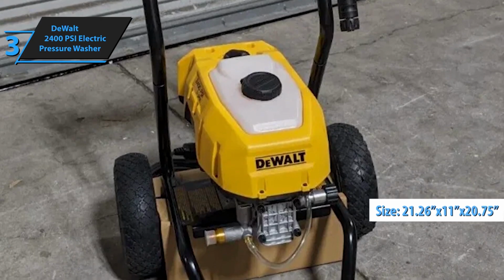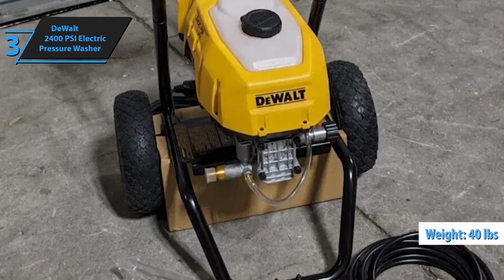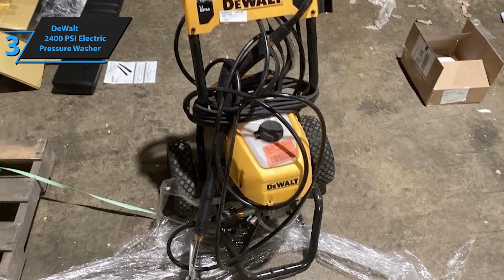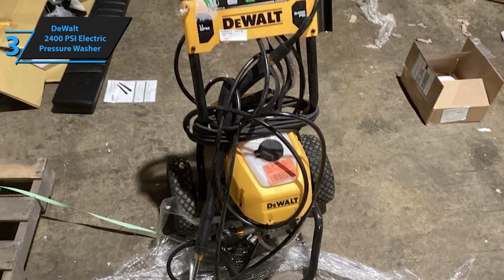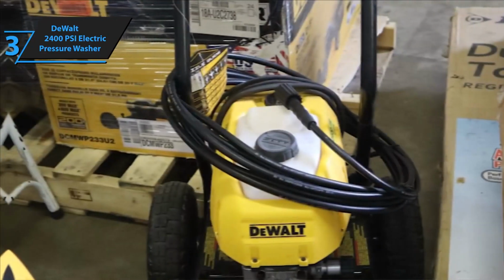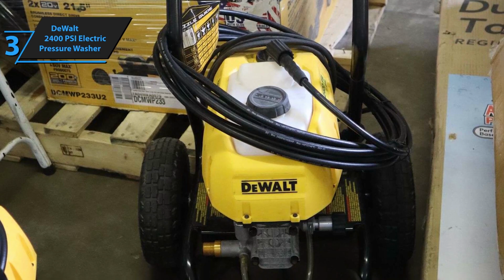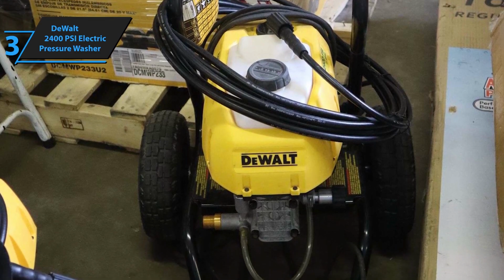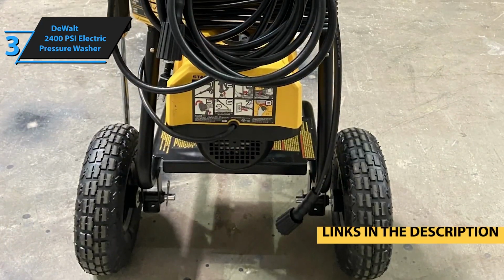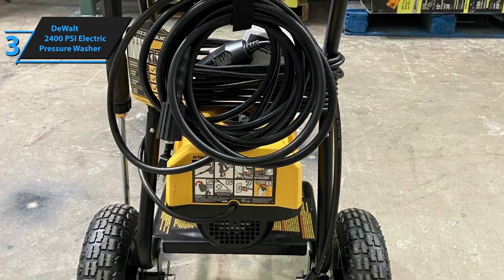A 35 feet power cord gives you a wide outlet range, allowing you to cover large areas without constantly moving the machine. This pressure washer is CETA certified by the Cleaning Equipment Trade Association, ensuring top-quality performance. Navigate rough terrains or obstacles with ease using the 10-inch premium pneumatic wheels, built to handle job site conditions with smooth transport. The DeWalt 2400 PSI electric pressure washer offers robust cleaning power, long-term durability, and convenient features for heavy-duty